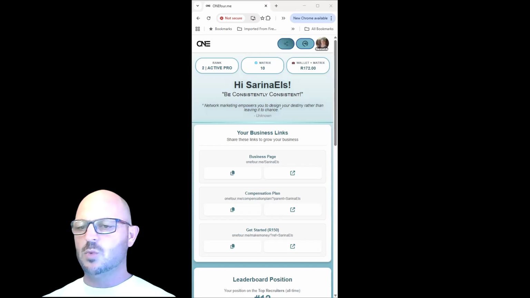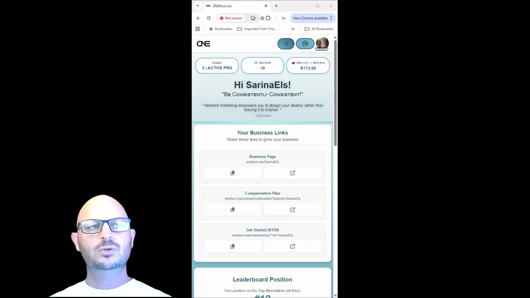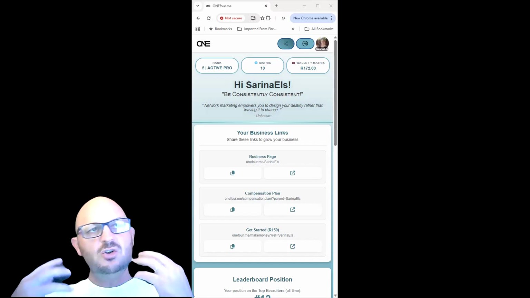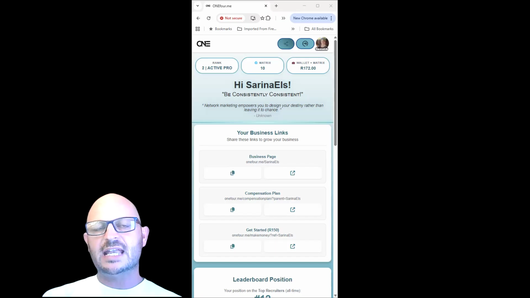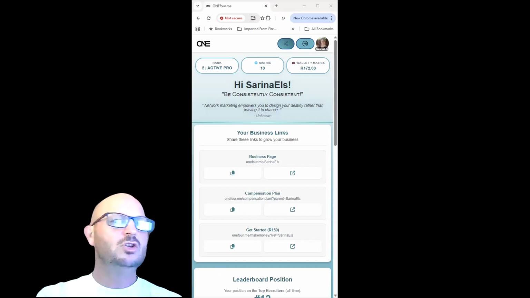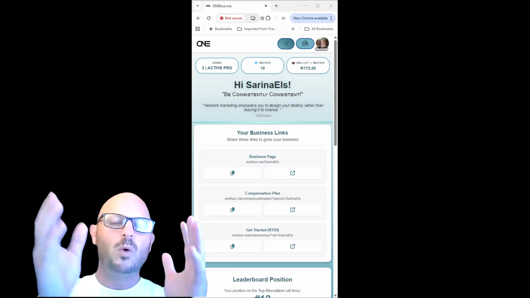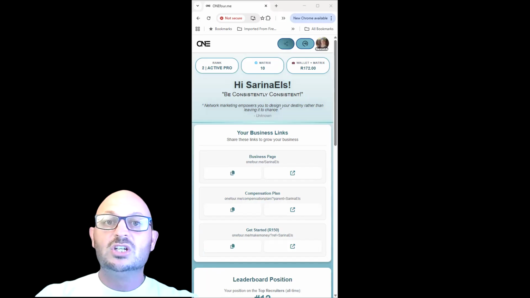So, what that means as well is as your network grows or as you add people, whether that be lifetime users or pro users, your matrix value changes. And as your matrix value changes, that amount will be added to your wallet at the end of each cycle. But when you get bonuses, those bonuses get paid into your wallet straight away. And those amounts in your wallet will just increase.